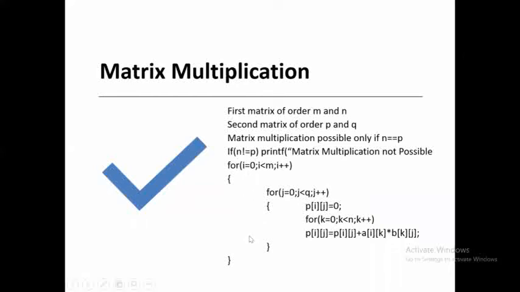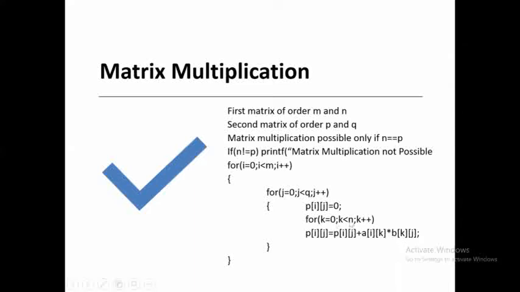So this is how matrix multiplication works here. Okay, i is for incrementing the rows, j is for incrementing the columns. P of ij, initially you need to initialize the value to 0, because otherwise it's going to take a garbage value. Okay, what is the use of the resultant matrix? It's going to give the result of matrix multiplication. Besides incrementing the rows and columns, you're going to use another loop, that is the k value, for performing the matrix multiplication, A of ik and B of kj.